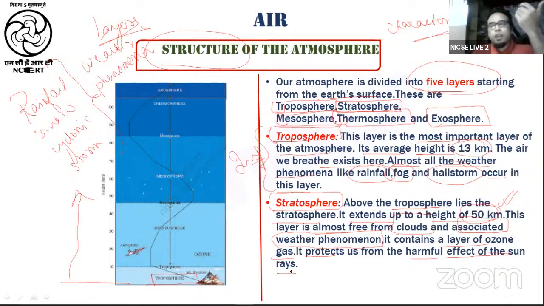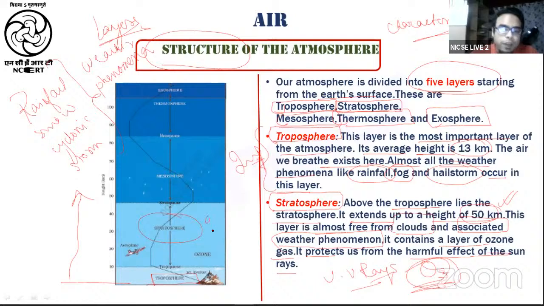So when I was talking about this in the beginning of the class, I said that one type of radiation coming from the sun is UV rays, and if these UV rays fall on the surface of the earth, they are considered harmful for the life which exists on the earth, right? So these UV rays are being absorbed by the ozone. And where is this ozone layer found? This ozone layer is found in the stratosphere. Very, very important point. Understood this?